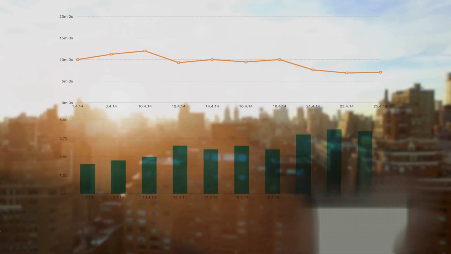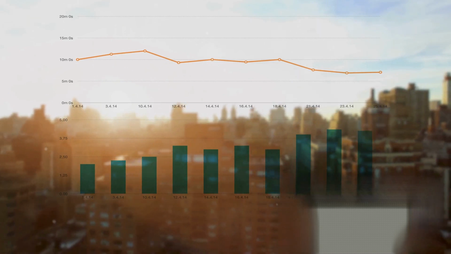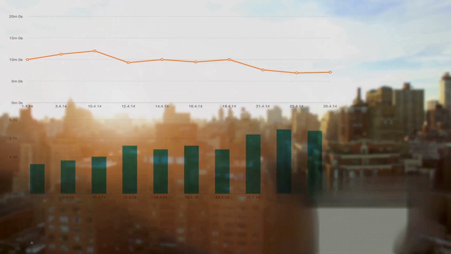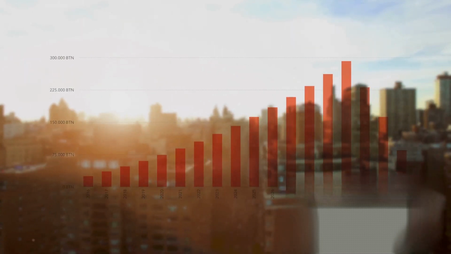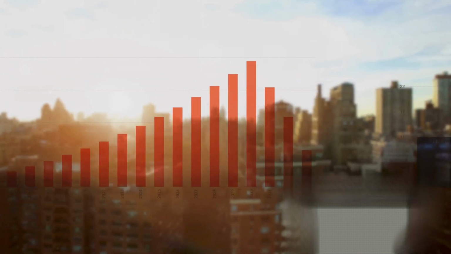Excel offers some special chart types that can be quite useful for specific data sets. Let's delve into these unique chart types, starting with the histogram. A histogram is a statistical tool that represents the distribution of numerical data. It's essentially a bar chart, but instead of each bar representing a single value, it represents a range of values. It's a great way to visualize the frequency of data points within these ranges. So if you're dealing with a large data set and want to understand its distribution, a histogram could be just